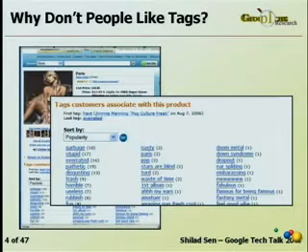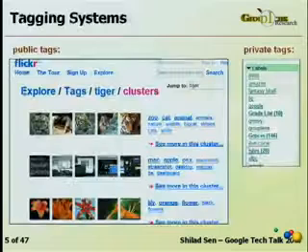So here's an example of Amazon.com's tags for this particular album by Paris Hilton. And you can see, although we get a sense for the fact that this album is bad, we don't get a lot of extra value, right, from these tags. So we could probably get all this information, maybe not the entertainment value, but we can get all this information from that star rating up there. So here's an example of why people don't like tags.